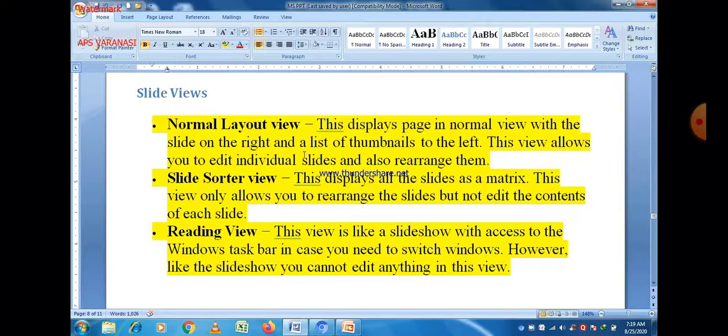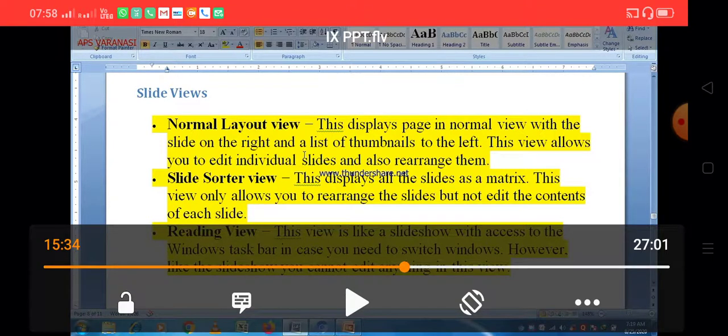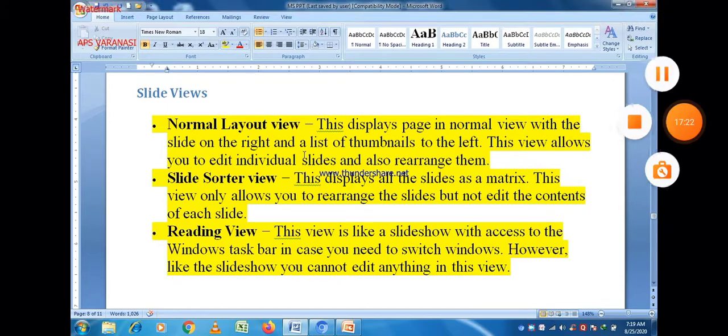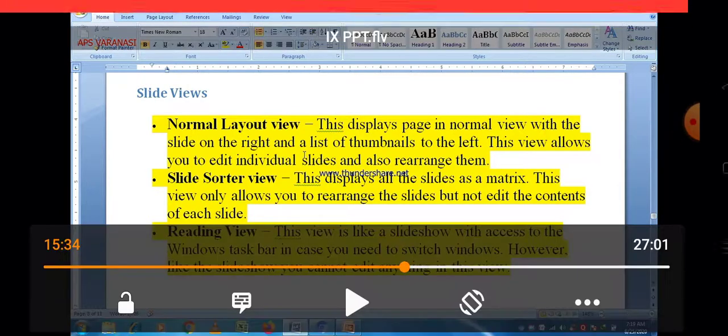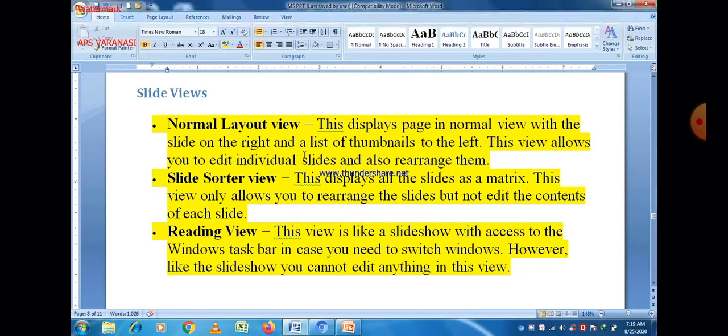So these are the three important views related to MS PowerPoint, and always remember that we can edit the presentation using only normal layout view. We cannot edit using slide sorter view or reading view. This is a very important question regarding PPT as far as the theory exam is concerned.